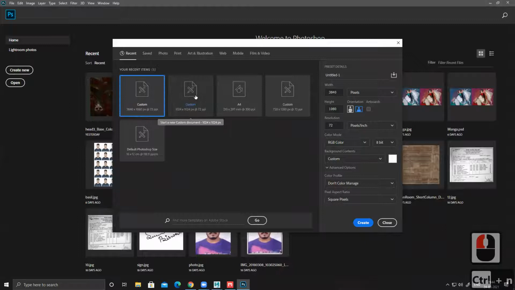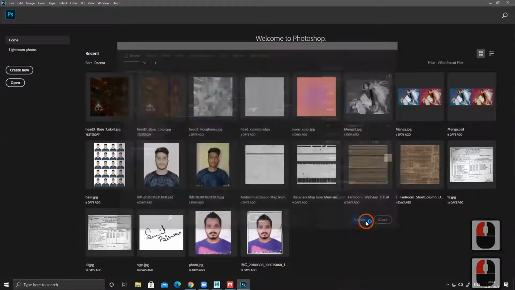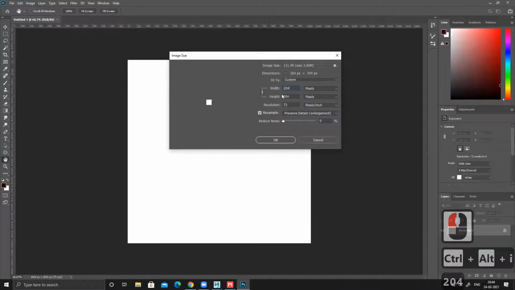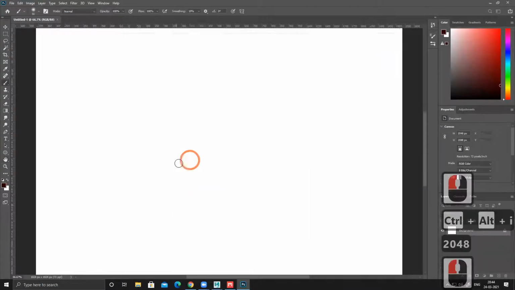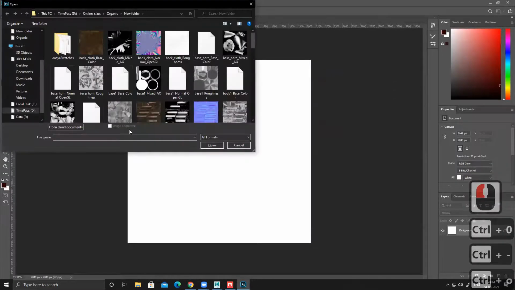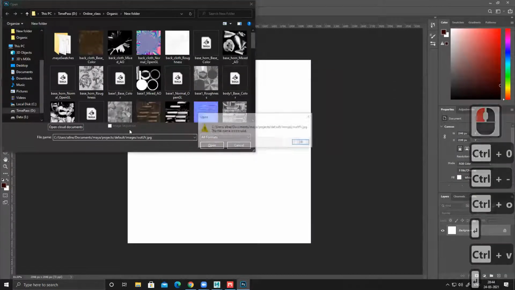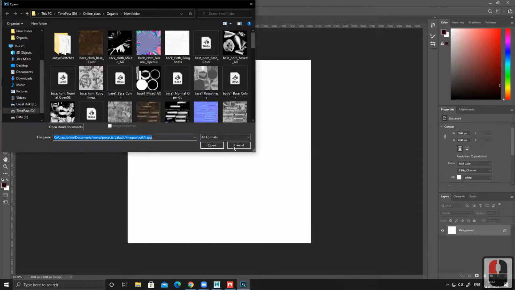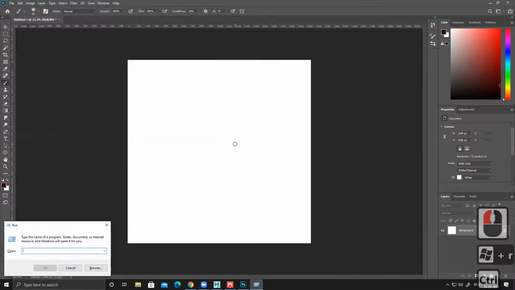So let's select this. This is a 1K by 1K map. You can create, or I can simply increase the size to 2048 by 2048, a 2K map. Right now, Ctrl+V. My file is copied from this path.